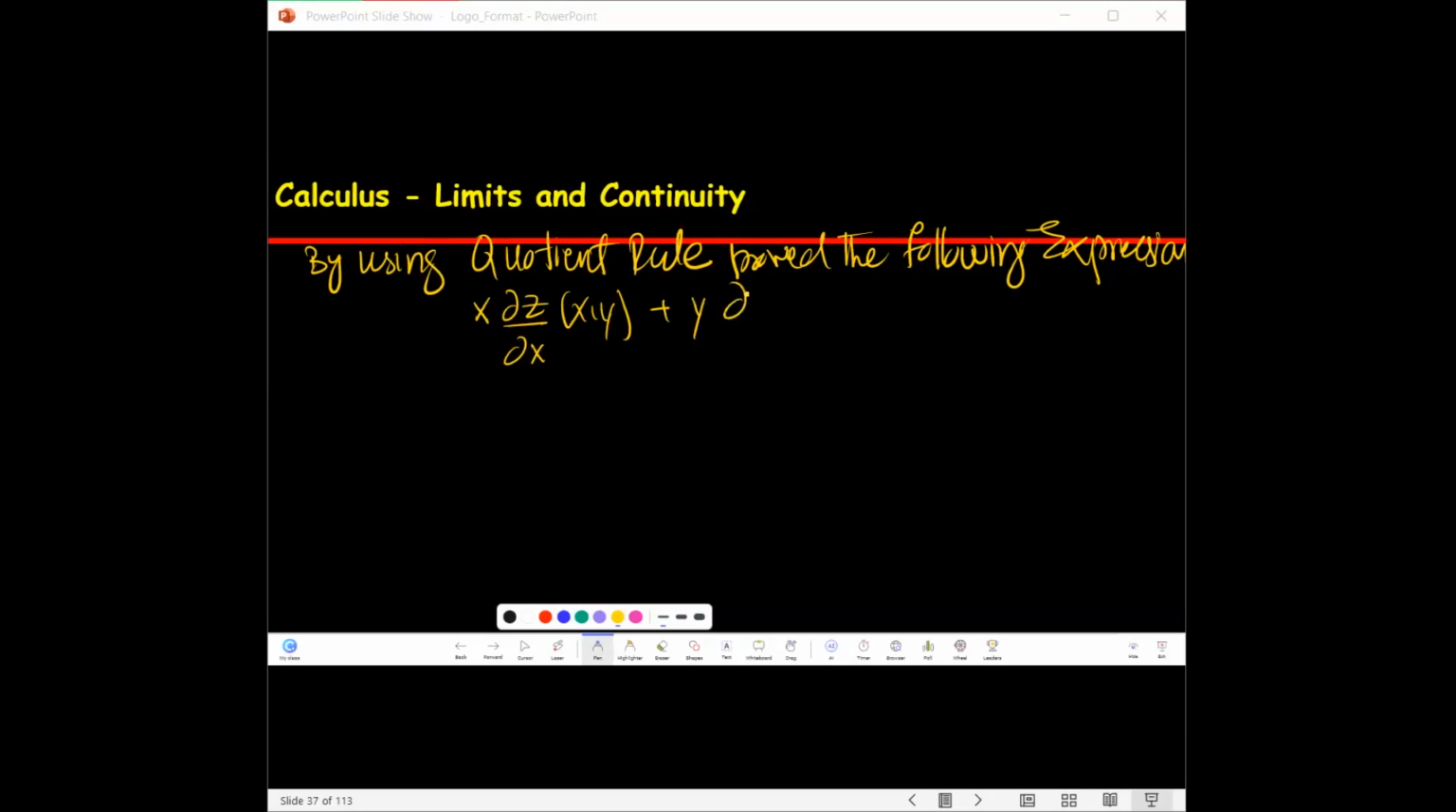plus y, with respect to y x, everything should be equal to 0, if the function z is given like this, and that is my function. Okay,